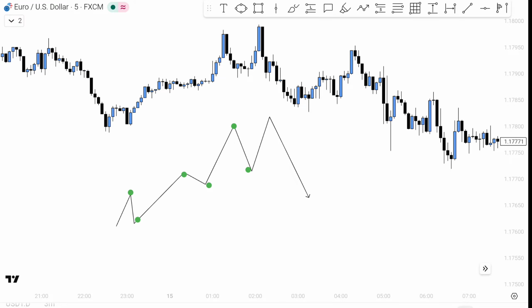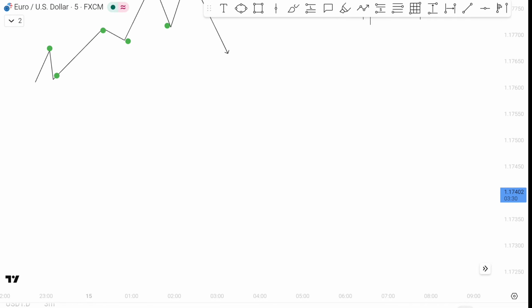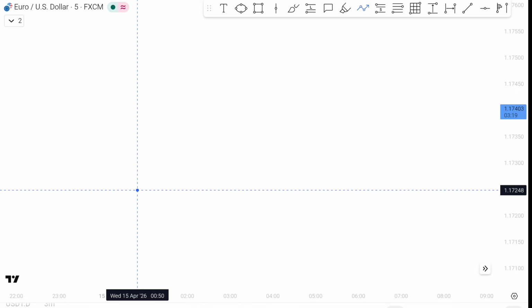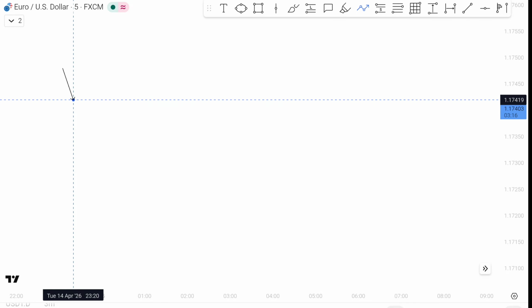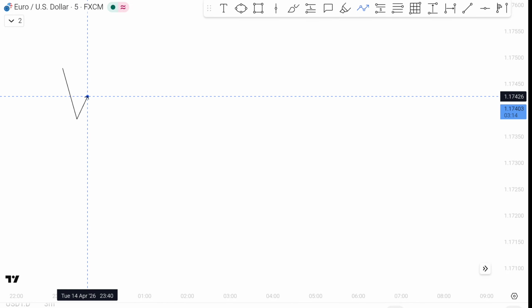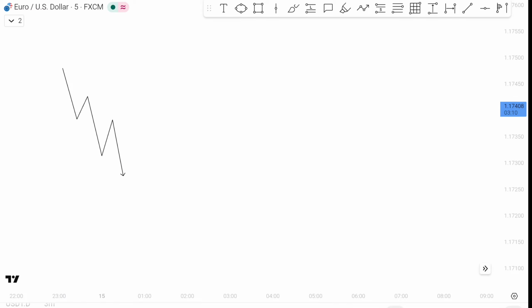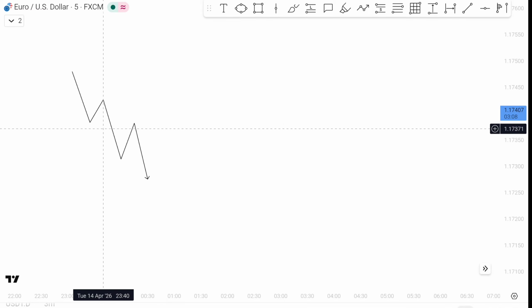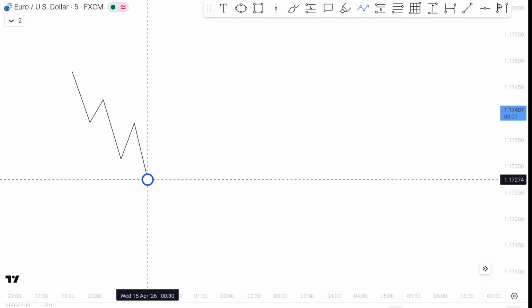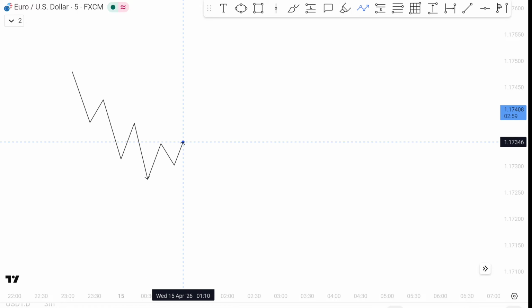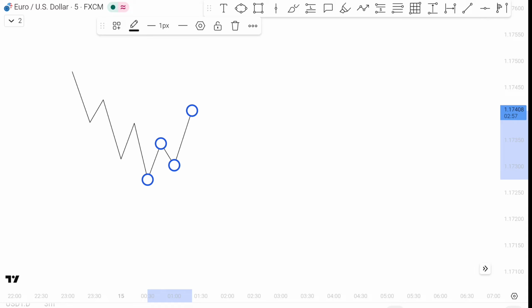Now first of all, how can you mark this structure? Whenever the market creates lower lows, if we take the example of a bearish market, where is your lower low? All these are not the lower lows. Whenever the market is creating lower lows, these are just pullbacks. So where is the real lower low? When the market moves to the upside from this point and takes out the liquidity of at least one pullback from where the market dropped to the downside.